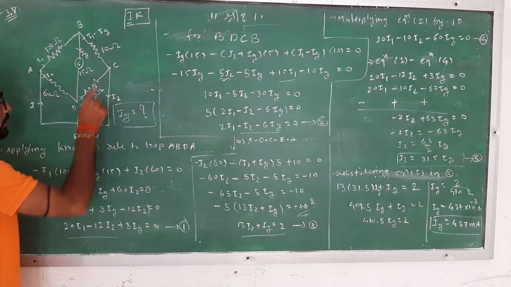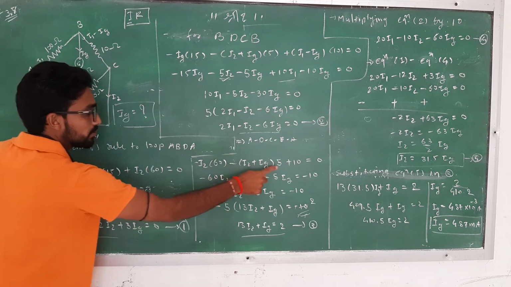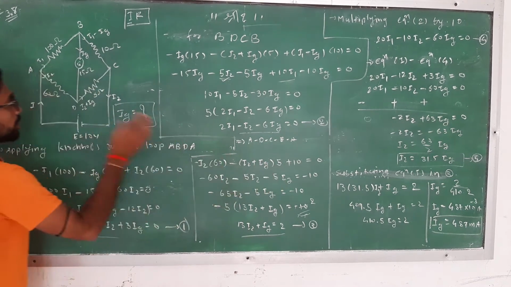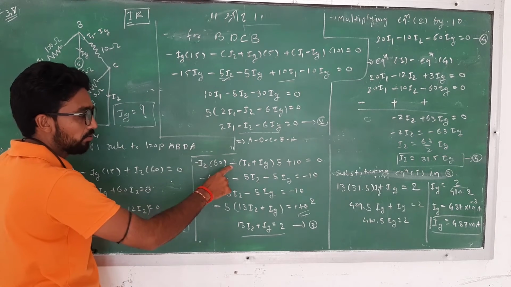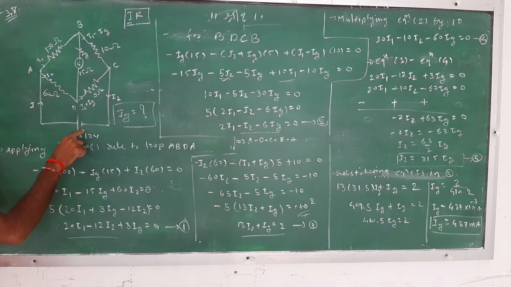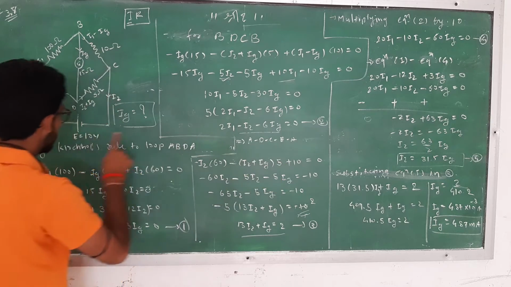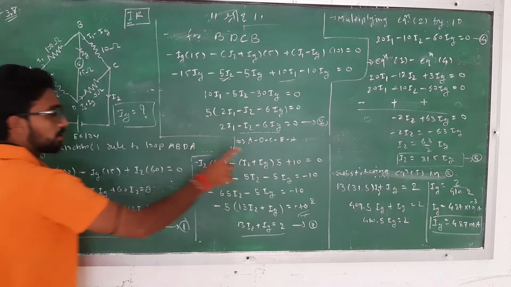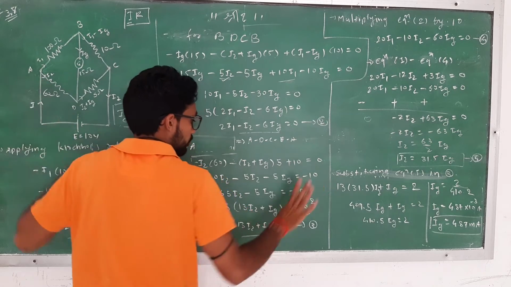Then D to C, current is I2 plus IG. Resistance is 5 ohms. Now our direction is from D to C, and current also flows from D to C. Because of that, this is negative. Then when you go from the negative terminal to the positive, you now have a positive value. The last terminal sign will be indicated here. So plus 10. Then reach that point, initially that is 0.